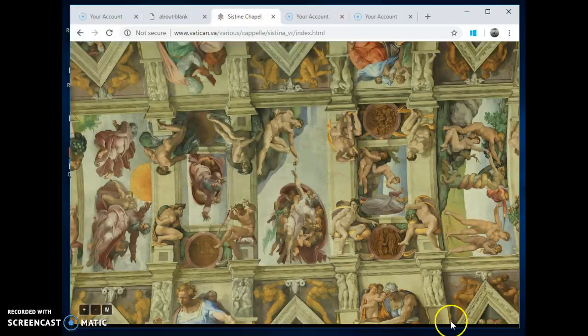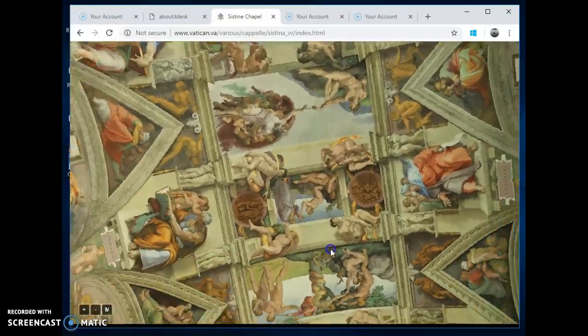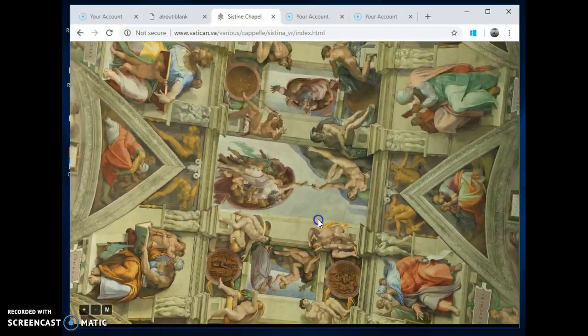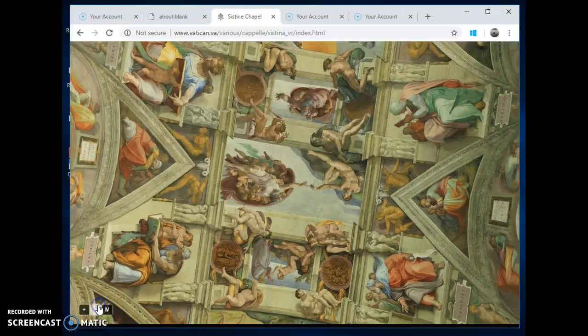Now the other cool thing is you see all of these, they look like statues right here. And I say they look like statues because they're not actually statues. These are a style of painting that he used to make it look three-dimensional, but that's actually painted on right here. So you can see it tells stories of the Bible, of the Old Testament.